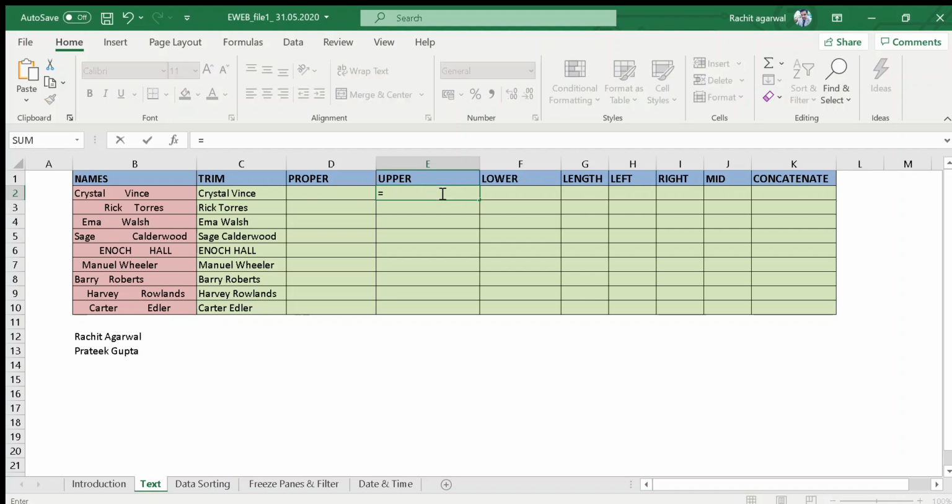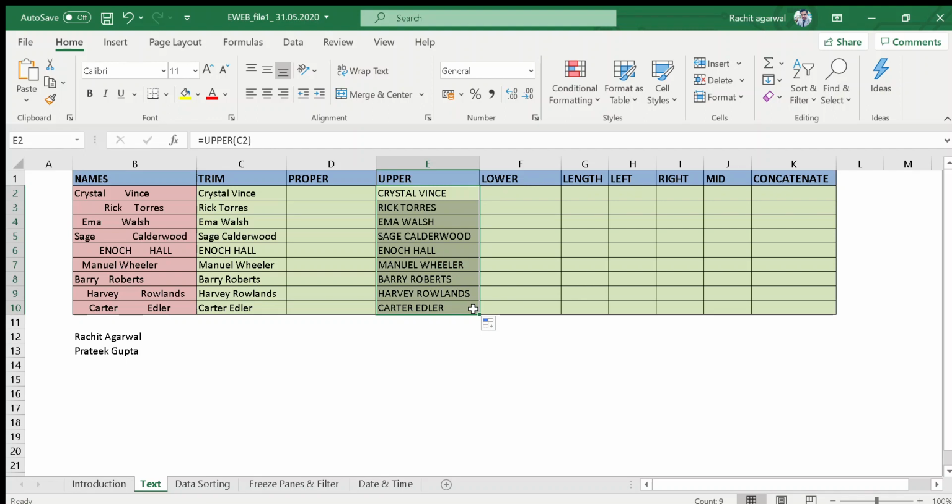Again we use the formula by equal sign, upper, bracket start, select the cell, bracket close and press enter. As soon as I press enter, I get the text in capital letters, and then I drag it to get all the data in capital letters.